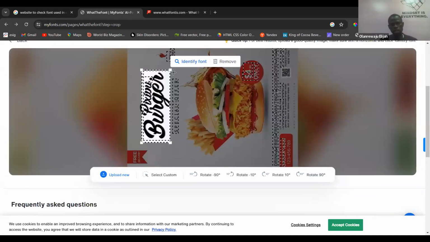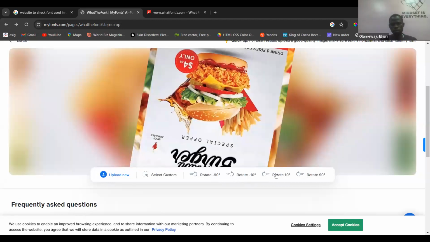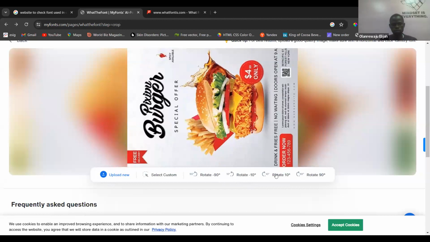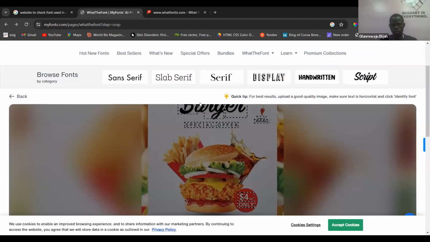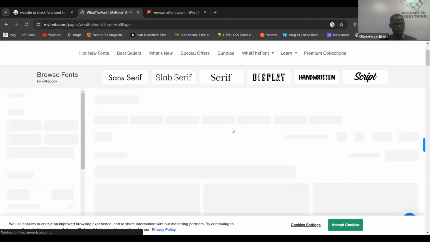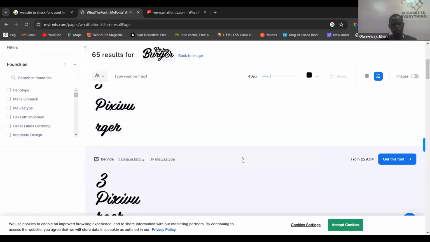Do you get it? It's not perfect. Maybe because I rotated it. So now we're trying to identify the font, but it's not giving us what we want anyway. So that's the challenge we're in together.